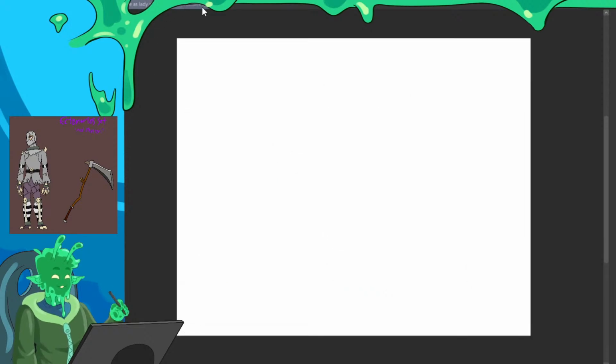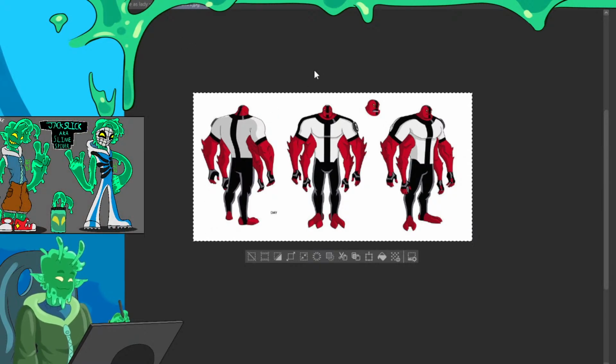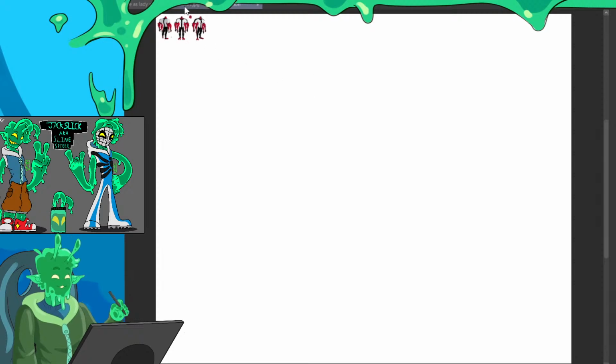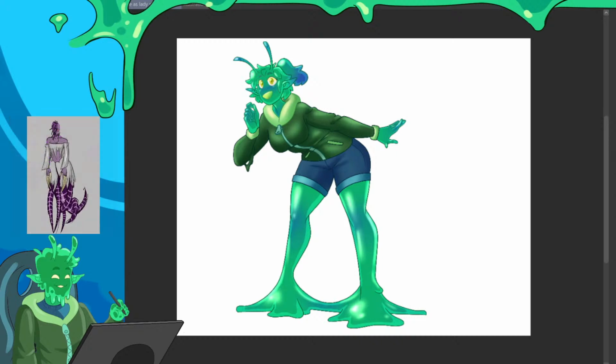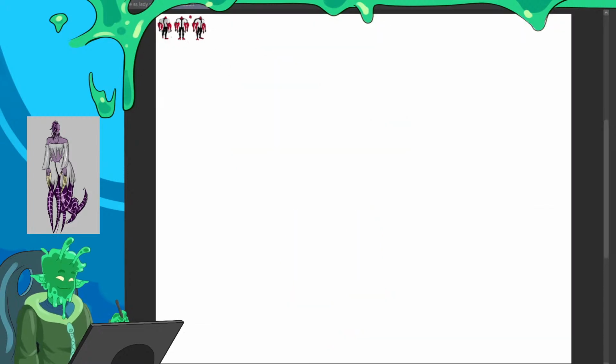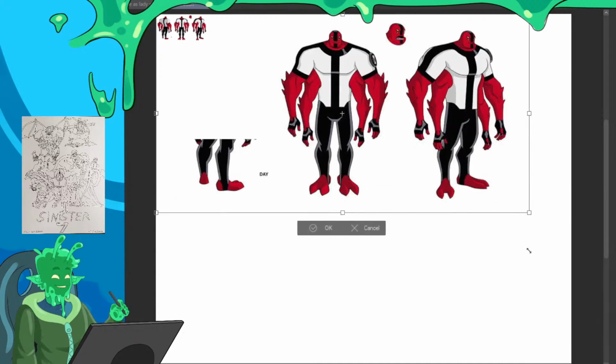How big is this? No, actually, I should do this on its own layer. New, 20 by 16. There we go. It's tiny. Oh, you know what? I should save this. Save as Clip Studio format. Yup. Save. Alright, cool. So I guess this is a making a Ben 10 reference sheet stream now, since Tim convinced me somehow, you devilish tongue you.